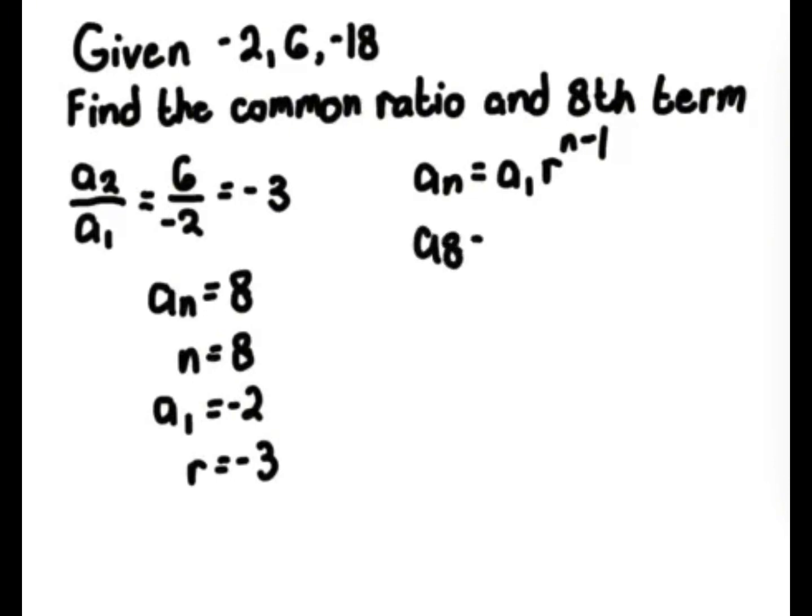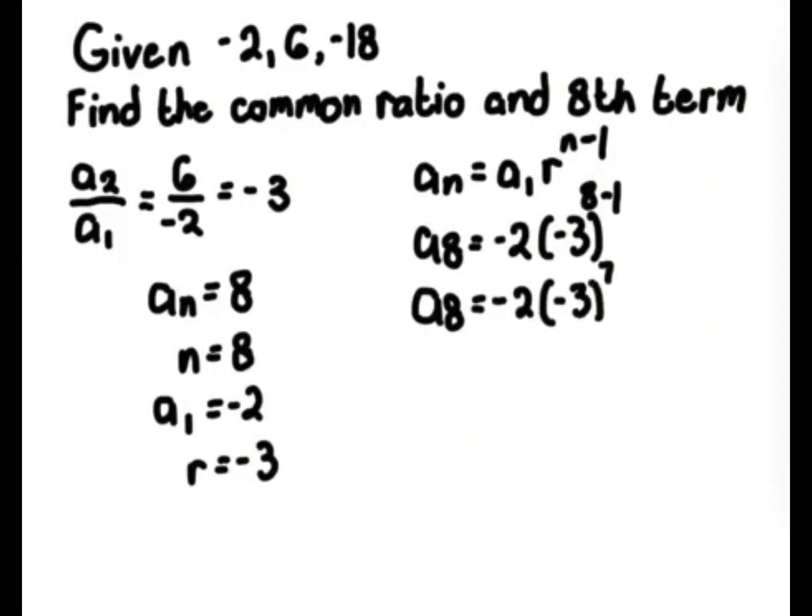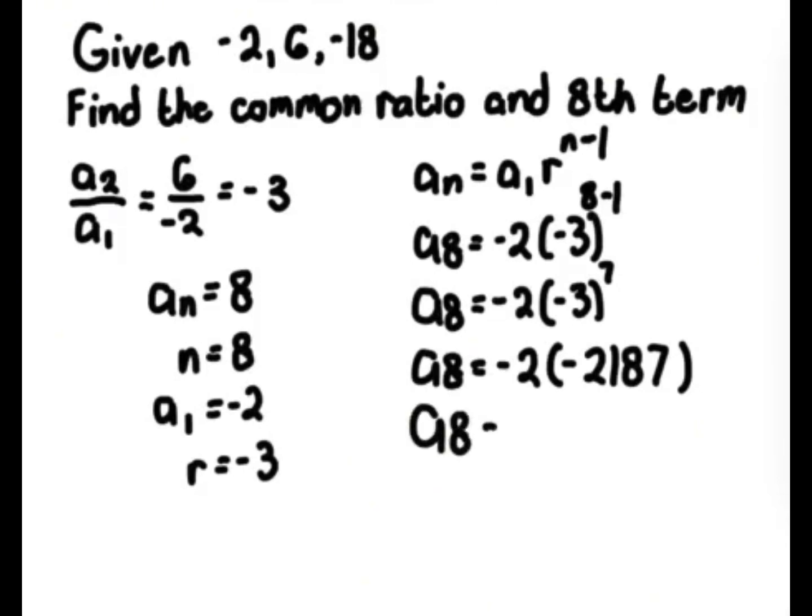A sub 8 is equal to -2 multiplied by -3 to the power of 8 minus 1. A sub 8 is equal to -2 multiplied by -3 to the power of 7, because 7 is the difference of 8 minus 1. A sub 8 is equal to -2 multiplied by -2187, because it is the answer of -3 raised to the power of 7. Then, a sub 8 is equal to 4374. Therefore, the eighth term of the geometric sequence given is